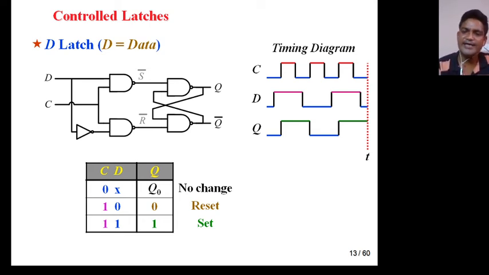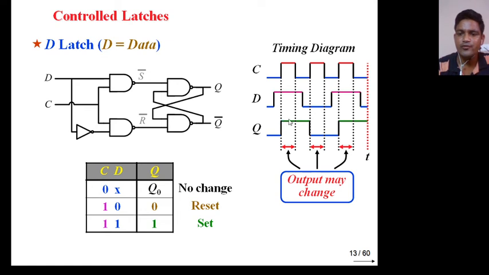But in case of D flip flop, output may change many times in a single clock pulse. This condition is called race around condition, and we have to avoid it. Here we are getting 1, from here to here we are getting 0, and from here to the next positive edge we are getting 1. So in this case there is no problem. But according to the value of data input D, it may change.